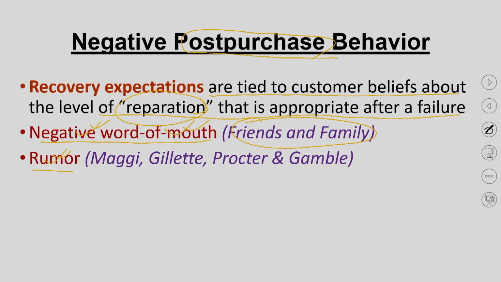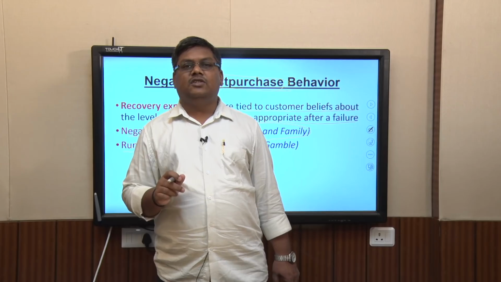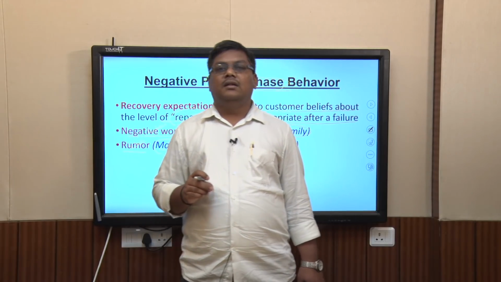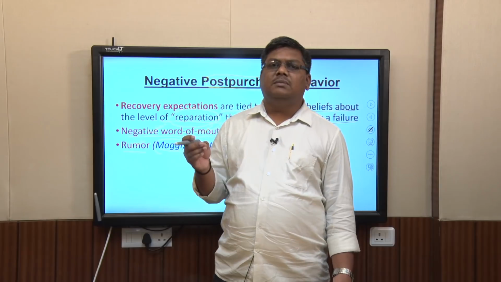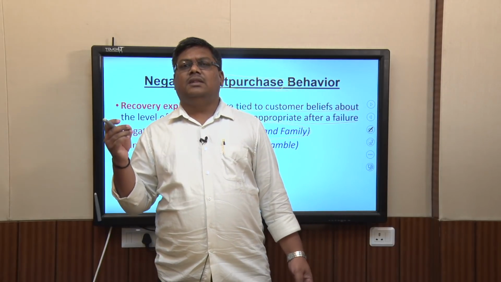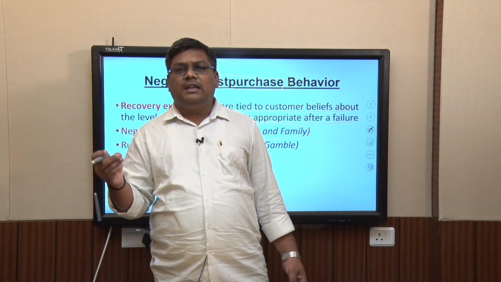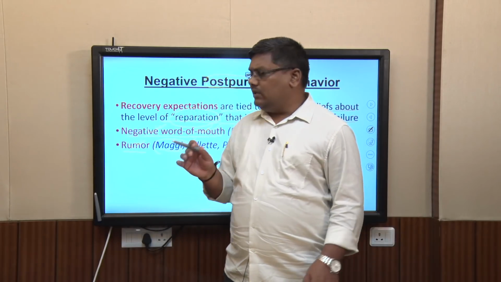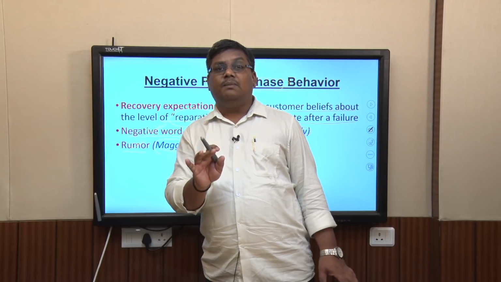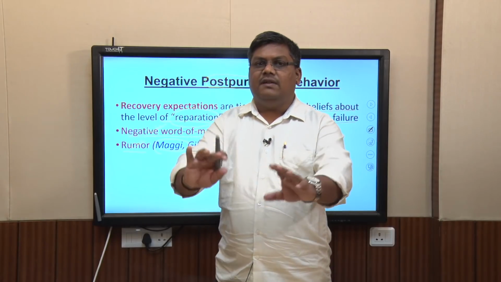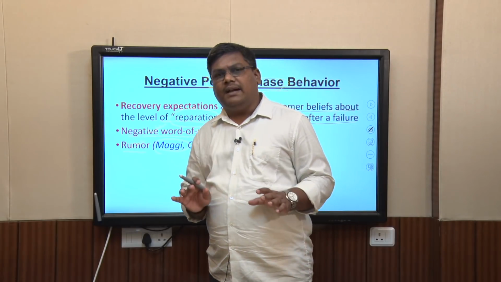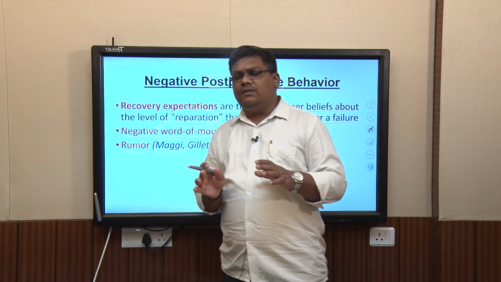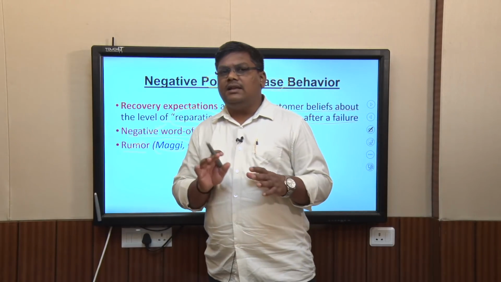And so I have some good examples here. For example, Maggi. Recently in India, Maggi had this rumor that it contains bones, human bones, or sometimes things which are not edible, iron content, potassium content, and so many other things. And so that was one thing which hurt Maggi in a lot of ways, and Maggi actually went away from the market for some time, but it came back. I think in 2015 it happened and it came back,